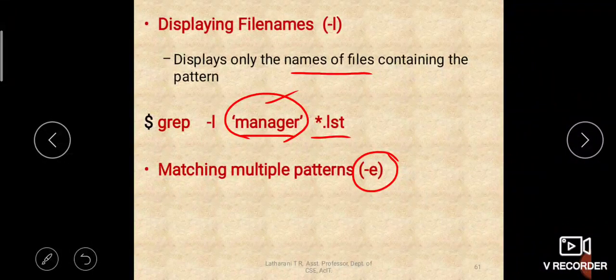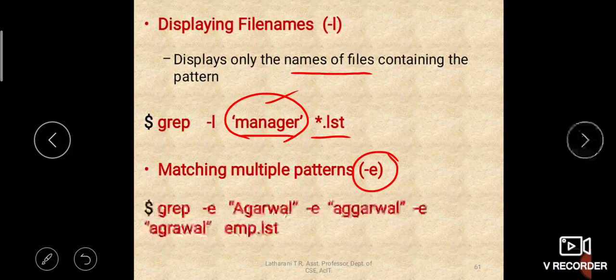Whenever a question comes on grep, you have to write why it is used, what it will perform, then the syntax, and all these different types of examples, their options, everything you need to write, and examples for options and explanation. Simply if you write examples, it is not sufficient. You have to write the example, their output, and also an explanation of why this output is coming for this example. That also you have to mention. Okay, so now matching multiple patterns will be written like this.